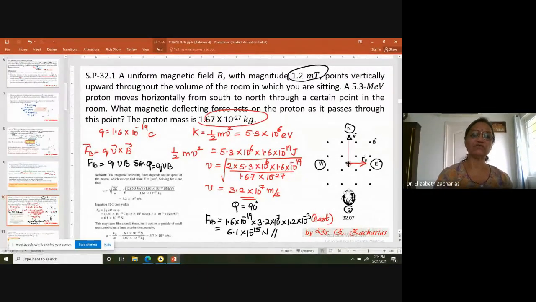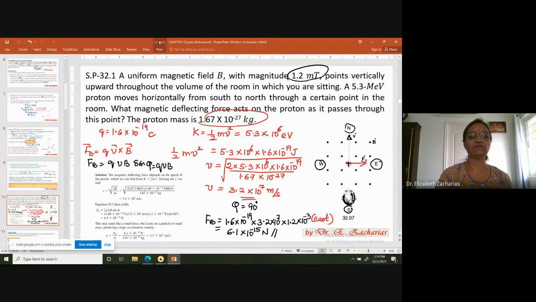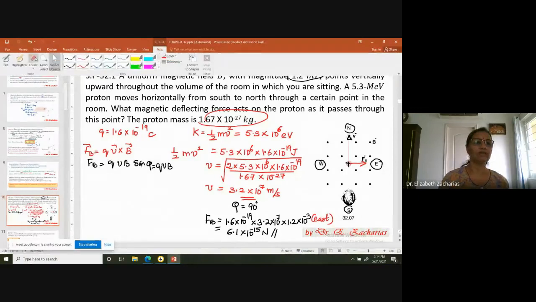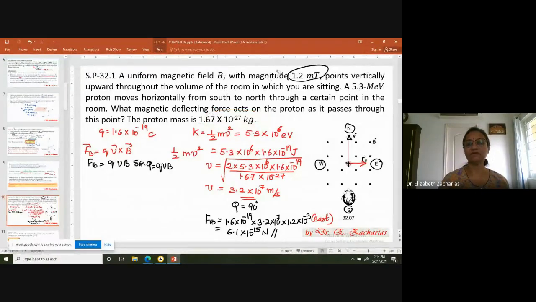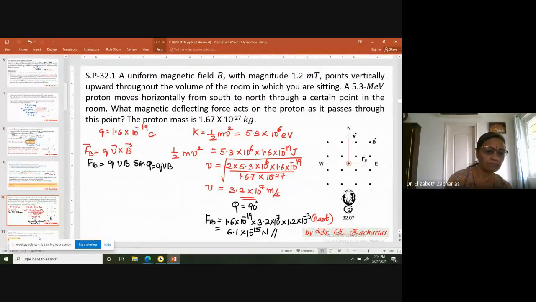And this magnetic force has got a lot of applications, which we will be seeing one after the other in the coming classes. In fact, this chapter is my favorite chapter. Of all the chapters in the book, I like this chapter the best because it has a lot of applications. So now, what we next do will be